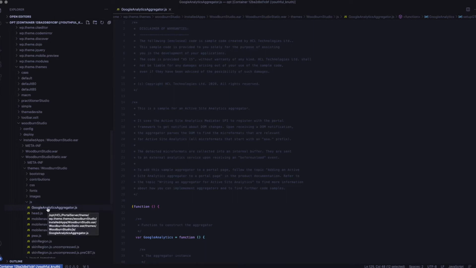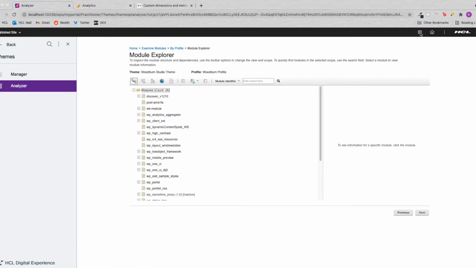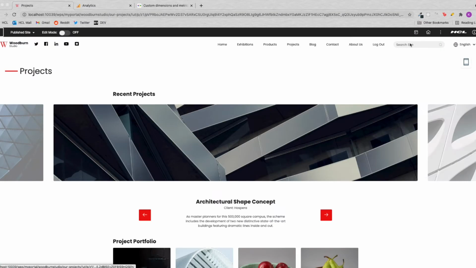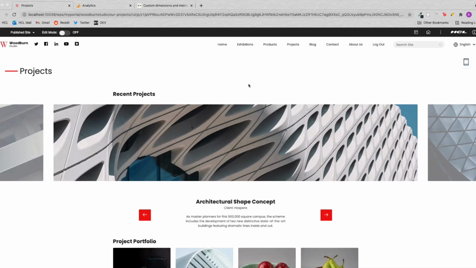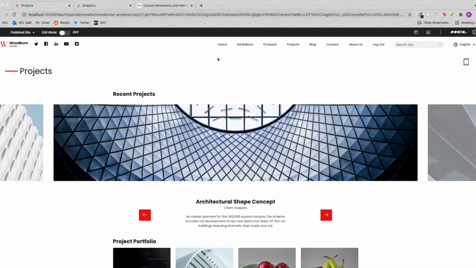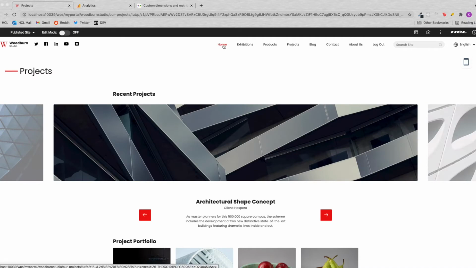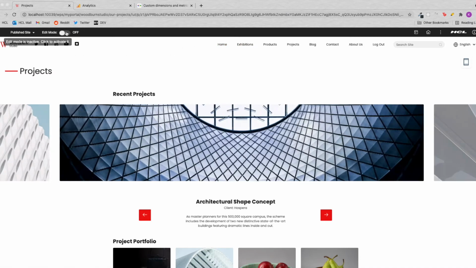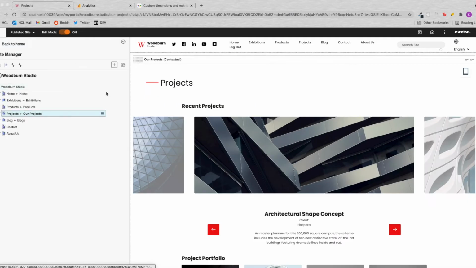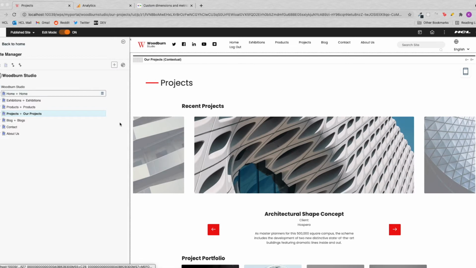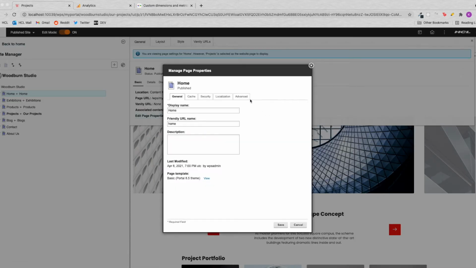So once we've done that, the next step is moving over to Woodburn Studio and basically tell Google Analytics what are the pages that we want to track. So let's go ahead and do that. So let's get over to Woodburn Studio here. So let's say, for example, I want to track the home page for Woodburn Studio. So the thing that I need to do is click this edit mode on. Oops. And I need to head over to the page settings, edit it, and over to the advanced tab,